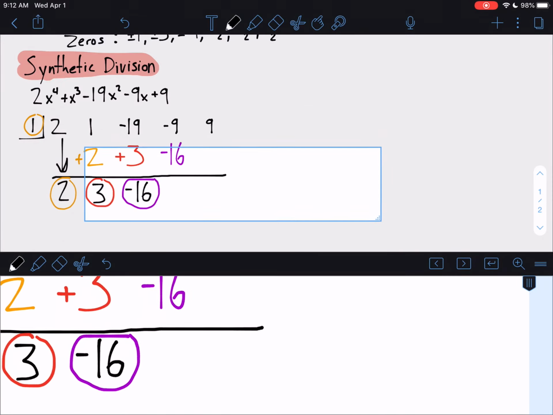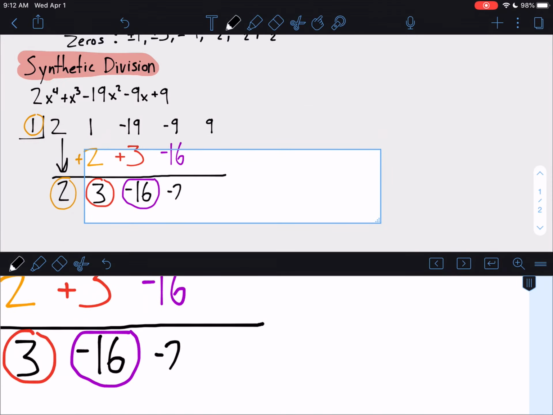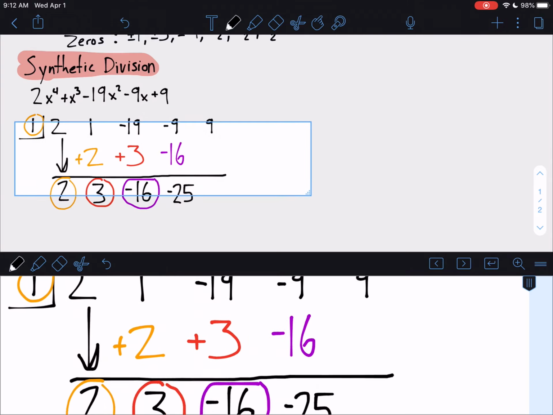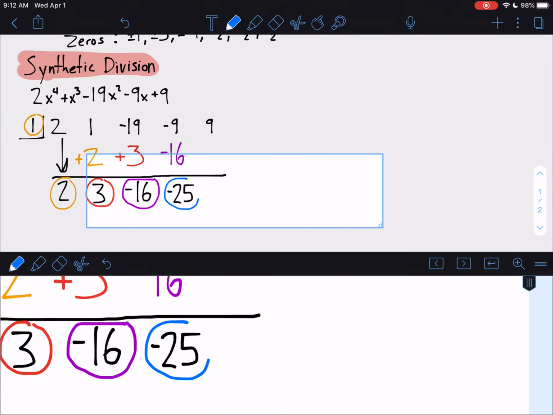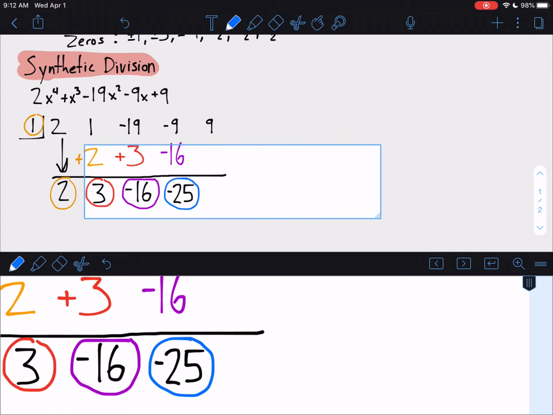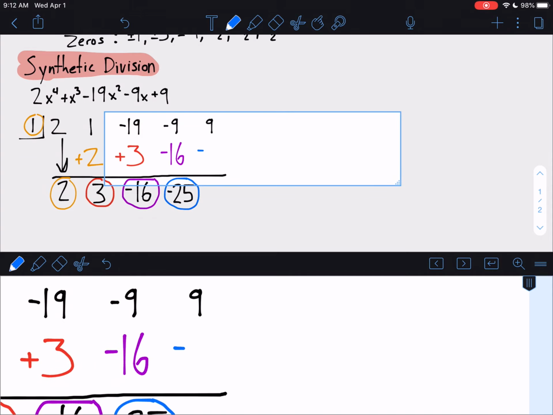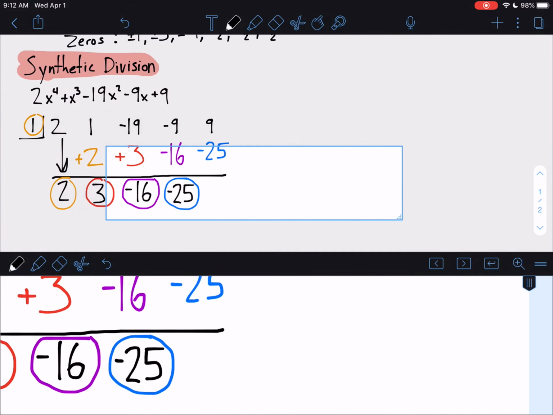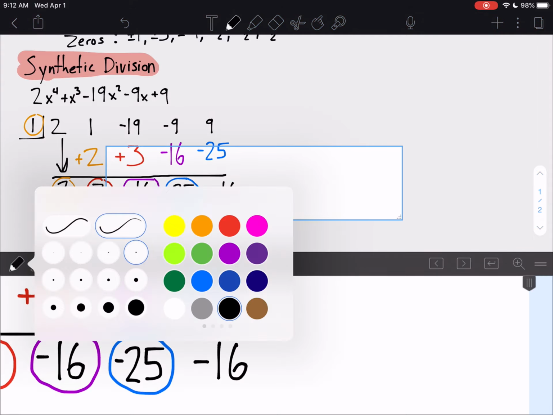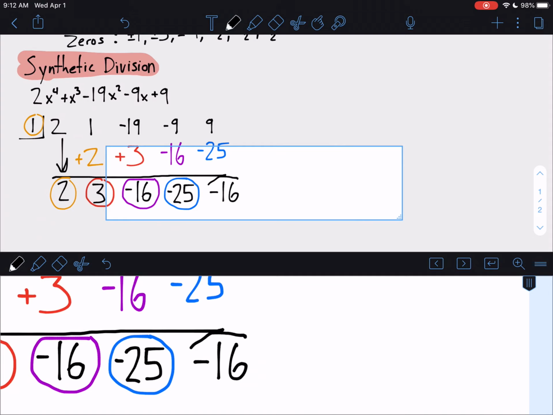And if I do negative 9 minus 16, that's going to give me negative 25. And now I'm going to do 1 times negative 25, and 1 times negative 25 is just negative 25. So 9 minus 25 is going to get me negative 16. And this number here, this negative 16, is the most important number from the synthetic division